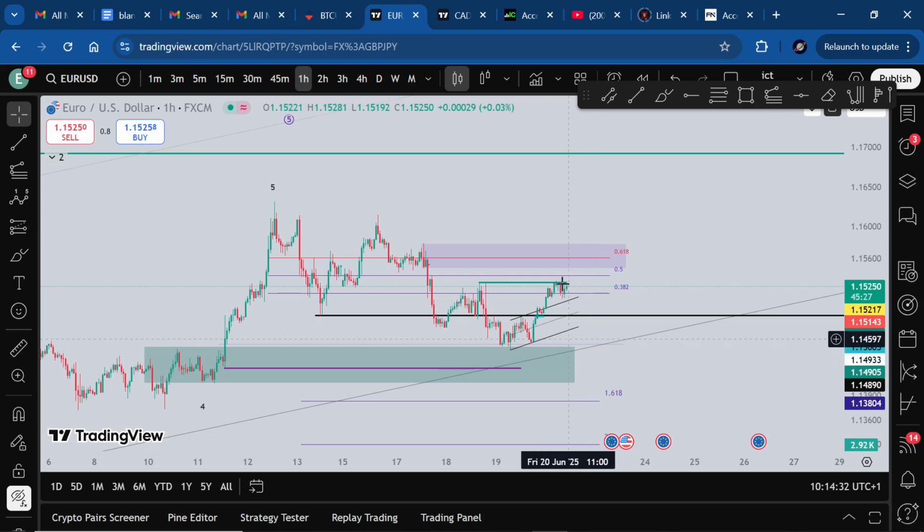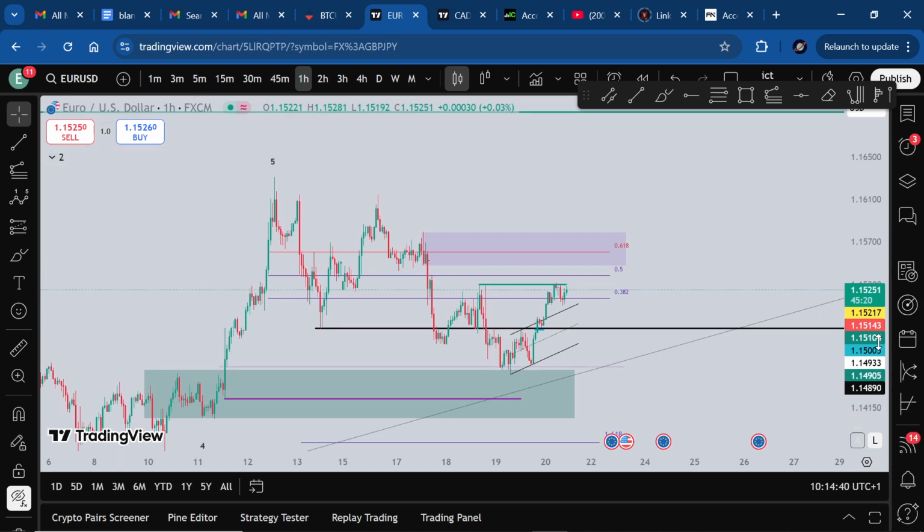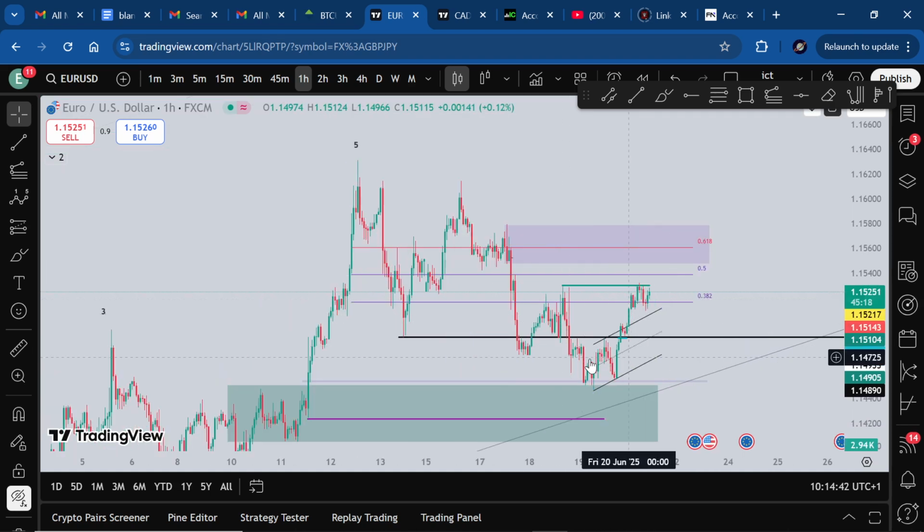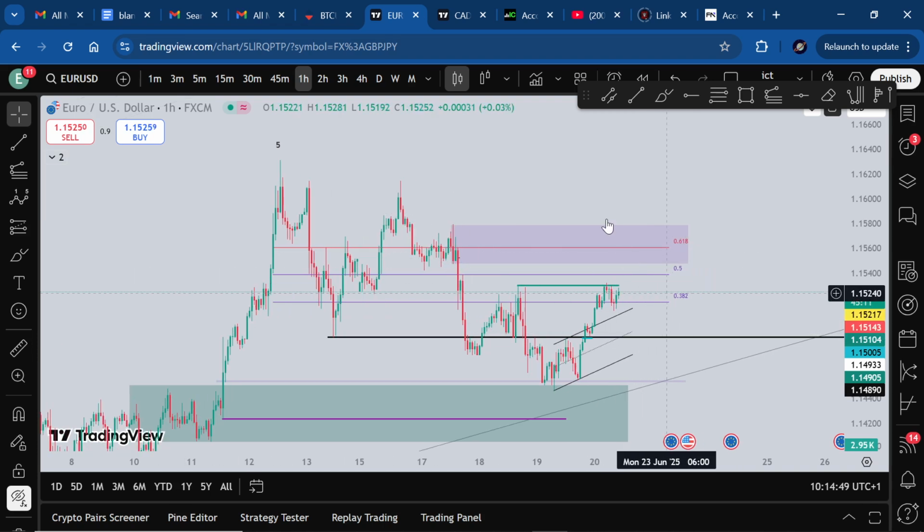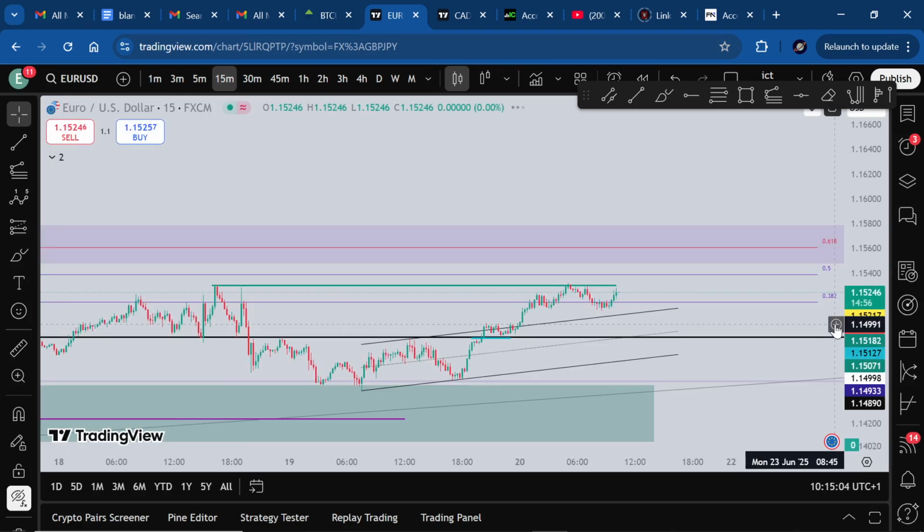Okay, cool. Looking for signs of distribution in this area to take price lower. Okay, when price closes back inside this channel, after making another high, that's a sell signal. If price breaks this low after making another high, that's a sell signal. If price just breaks this low now, it could be a sell signal. But what's good for me is if we just, because I just do believe, otherwise I'd be pressing sell now,